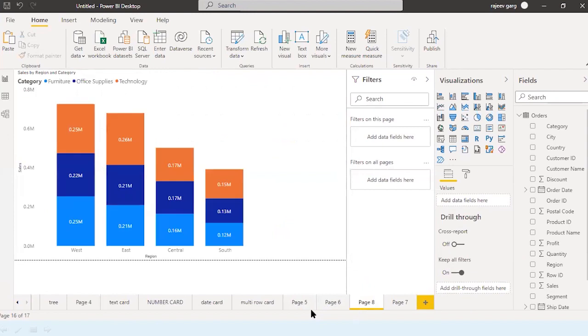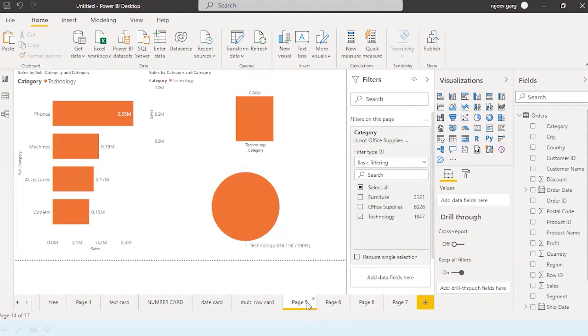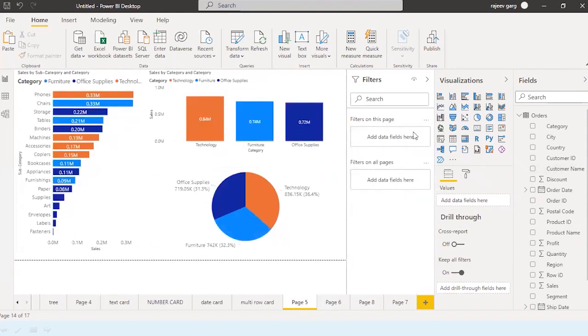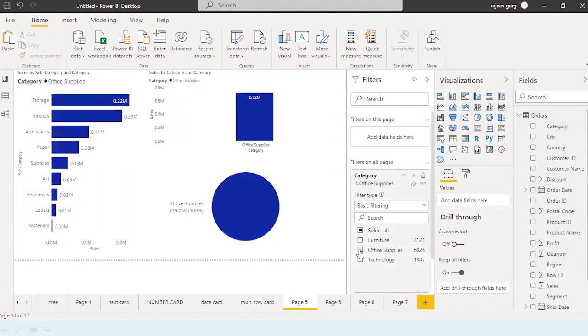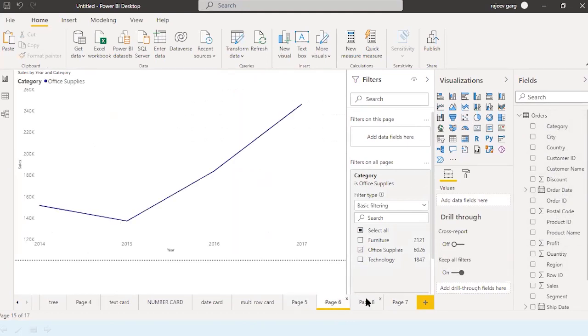Now, let me remove this filter over here. Let me take the category and put it onto filter on all pages. Now you take office supplies. You are getting the details of office supplies.